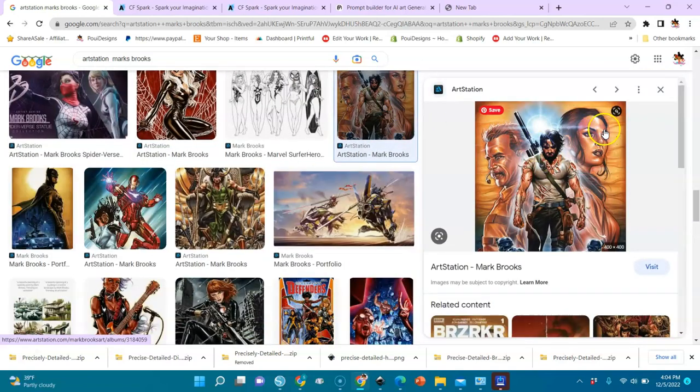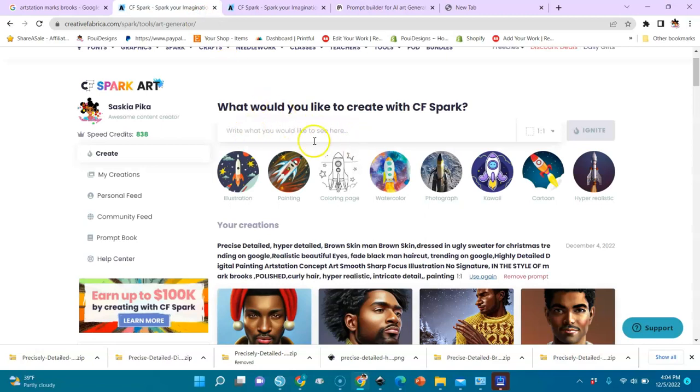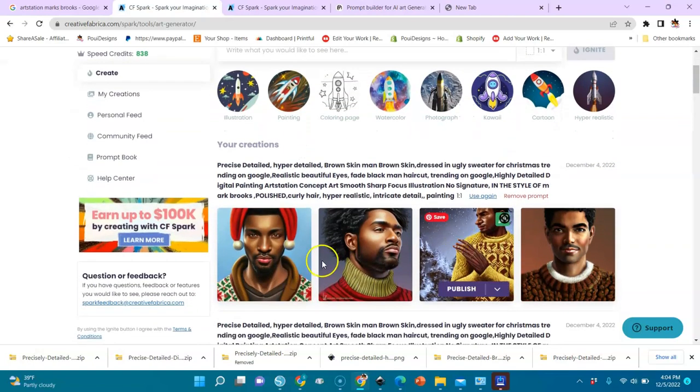You see how beautiful his images come out. You can use his name in your prompts. Look, I used him: in style of Mark Brooks. So the black men that I did here, they came out smooth.